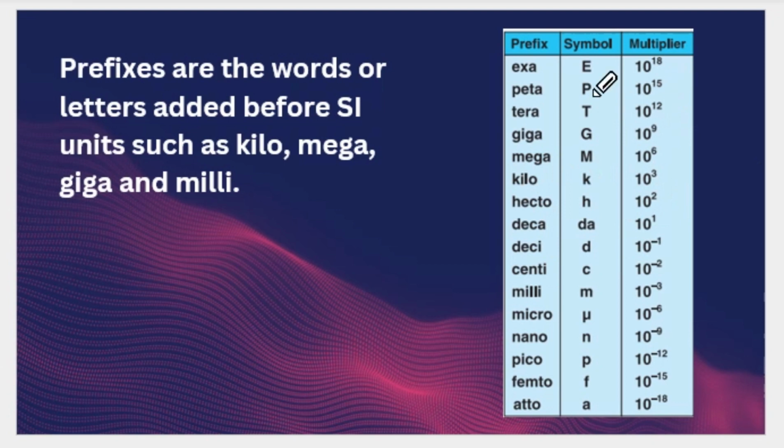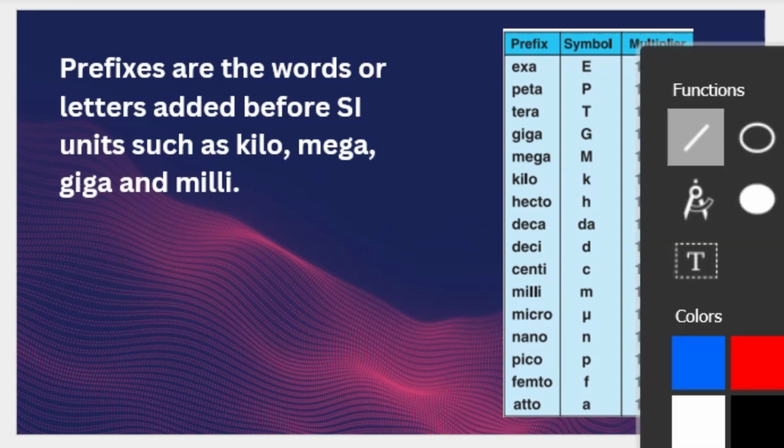When the things are very small, for example, if a thing is a 10th part of something, we use deci or 10 to the power minus 1. If something is a 100th part of something, we use centi or 10 to the power minus 2. If something is divided into 1000 parts and each part is called milli, so we use 10 to the power negative 3 for it. For example, if I draw a line here,